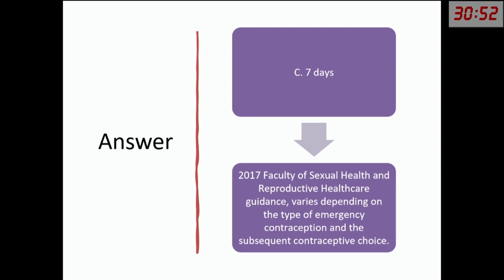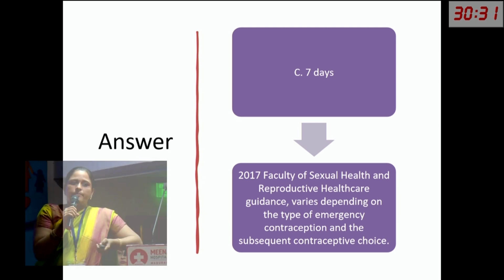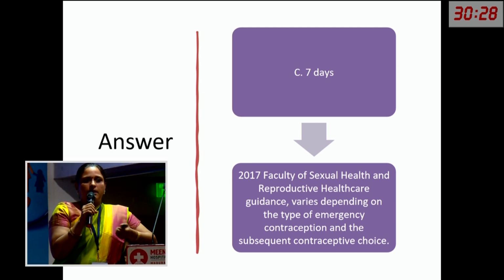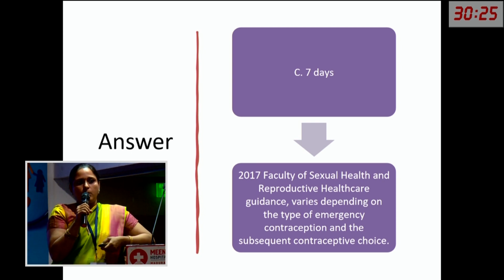Emergency levonorgestrel 1.5 mg is 85% protective. So, if after that a patient comes, what will you do? If after 72 hours a patient comes to you, I have had unprotected sexual intercourse, what will you do? Yeah, excellent. We'll advise them a copper T. And then we'll suggest either a copper T, or a combined oral contraceptive pill. And during that time, for the next 7 days, they need to have some barrier method as extra contraception till the combined oral contraceptive pill takes over its action.